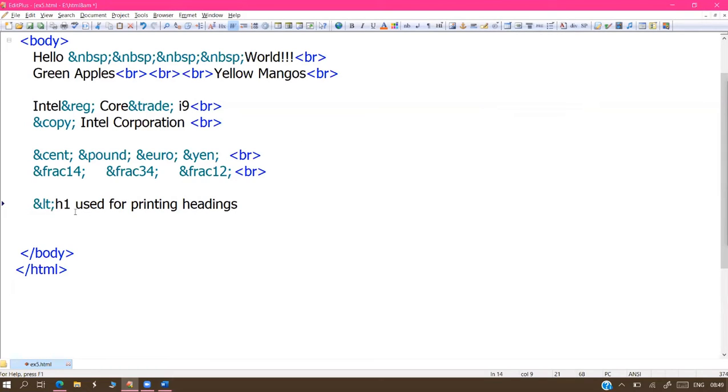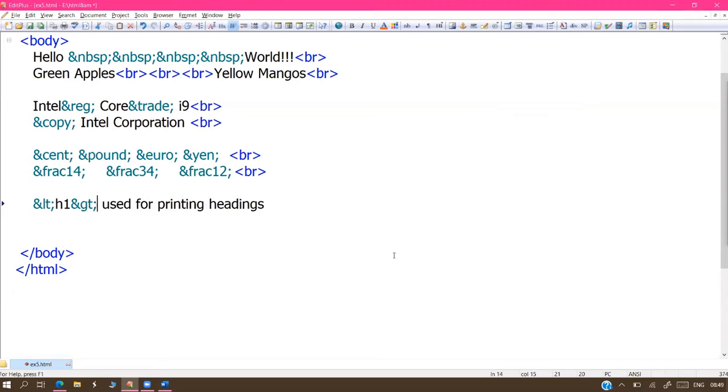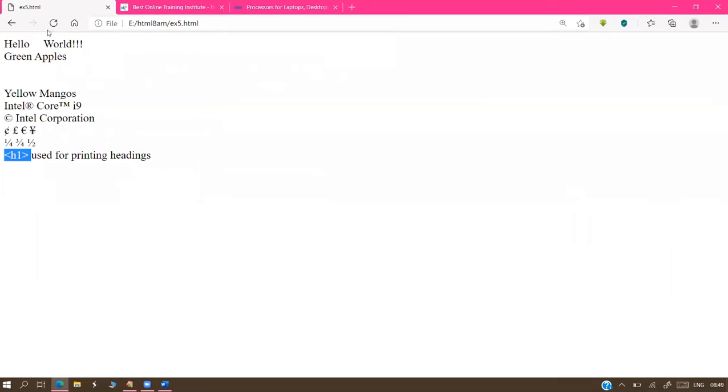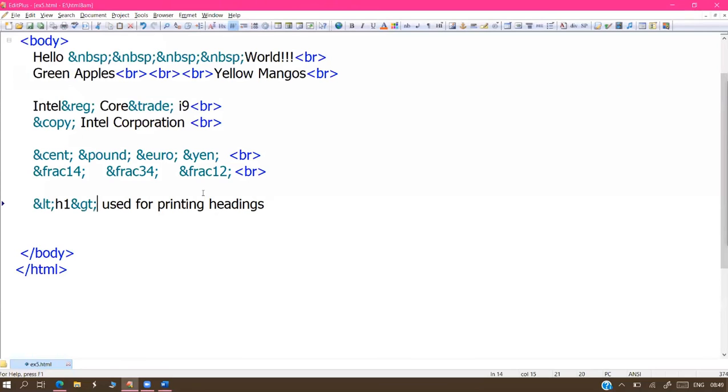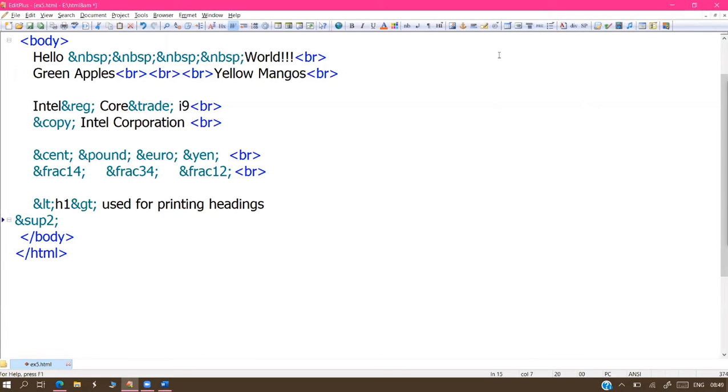So this is less than, and this is greater than. This is all. These are some of the special characters. The remaining characters, if you want to practice them, I already listed here. These symbols are easily displayed on the web page, sir. Whichever symbol we use, exactly the same symbol is displayed clearly on the screen. Simple.